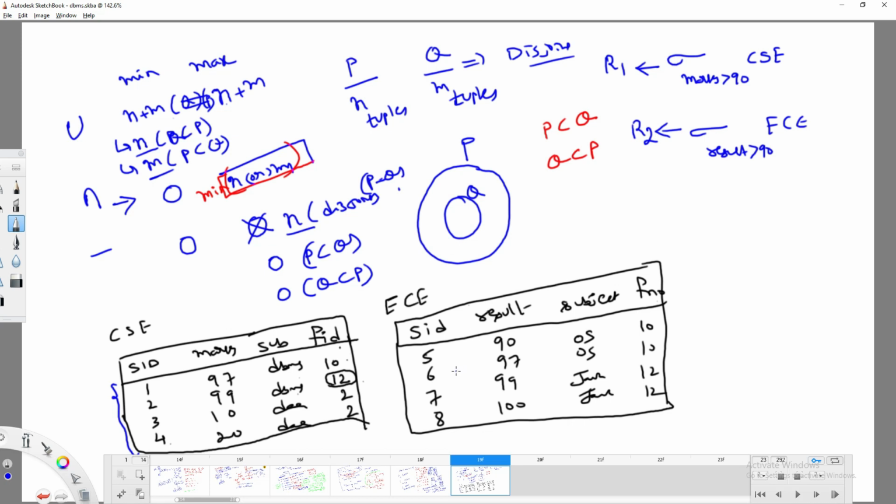R1 contains some data, R2 contains some data. If I combine those two, that is the requirement, right? So simply R1 union R2, which I write in a relation called R. This is where you get the concept of union.